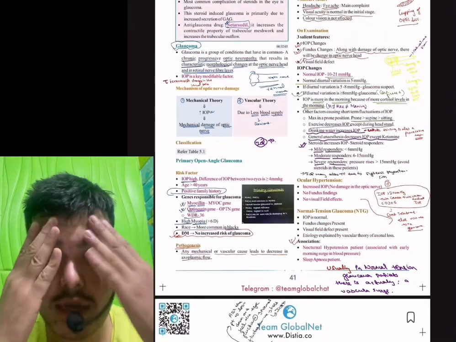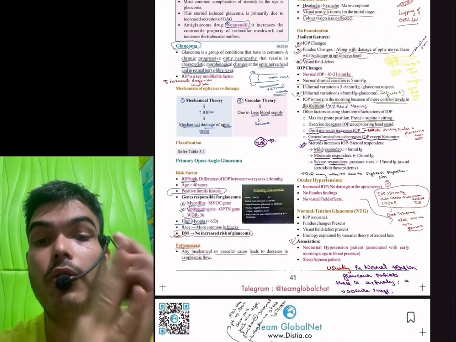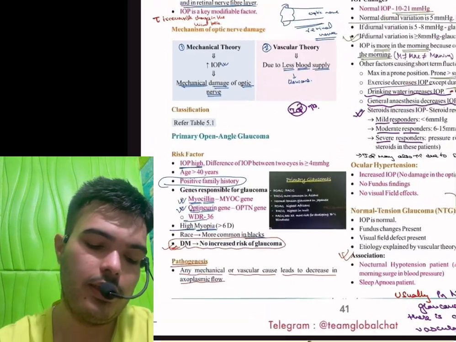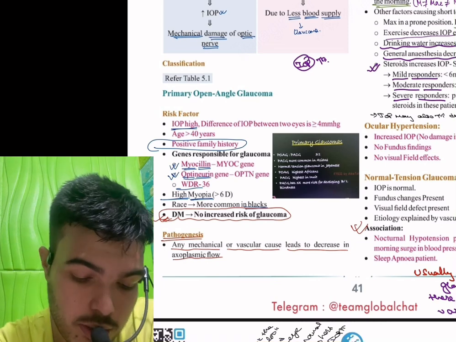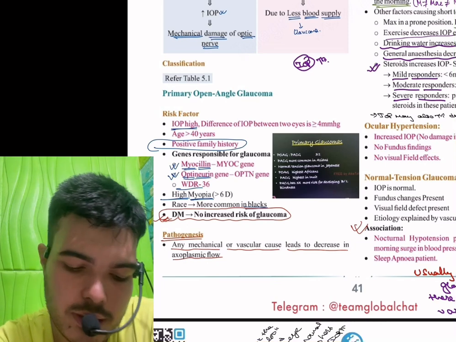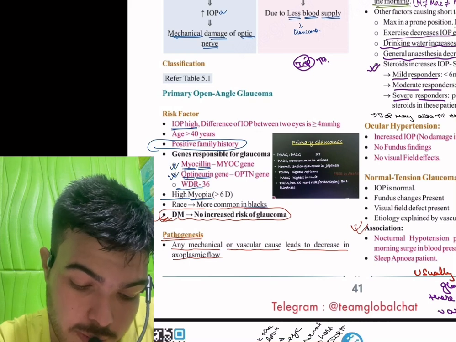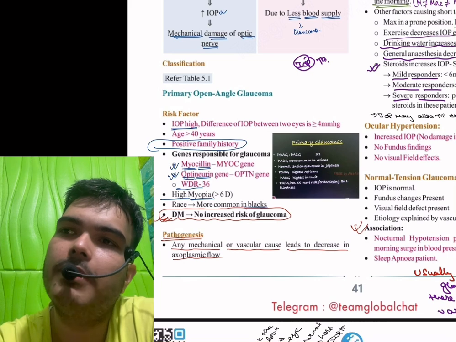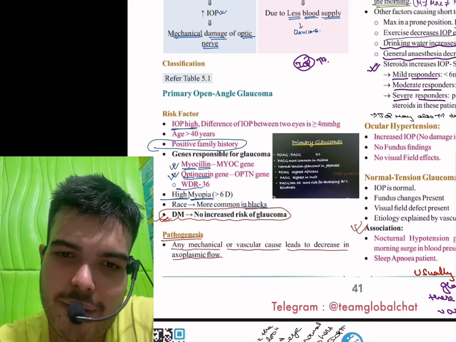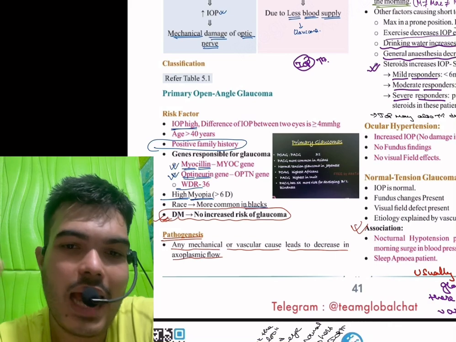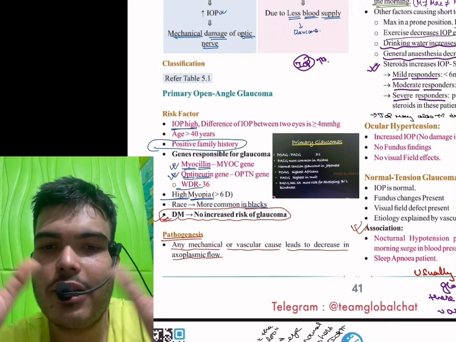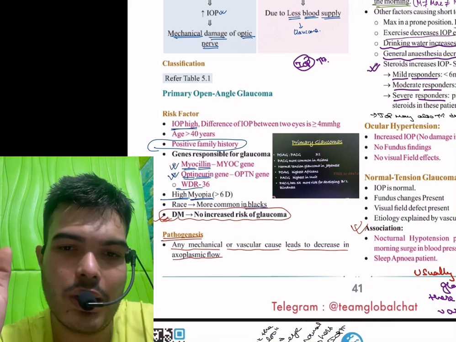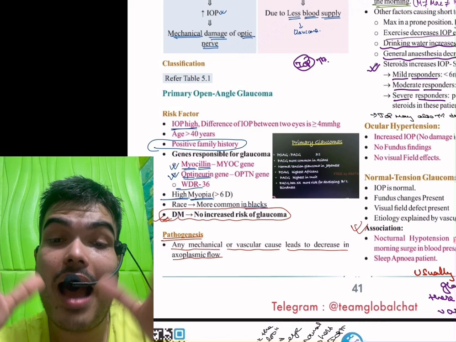Primary open angle glaucoma is more common in someone who has higher IOPs, age more than 40 years, the myocilin gene, which you need to understand, and high myopia. It's more common in blacks. Whenever we talk about the pathogenesis of glaucoma, when there is retinal nerve fiber damage, the astrocytes and glial cells proliferate. These are the supporting cells, and they lay down glycosaminoglycans,